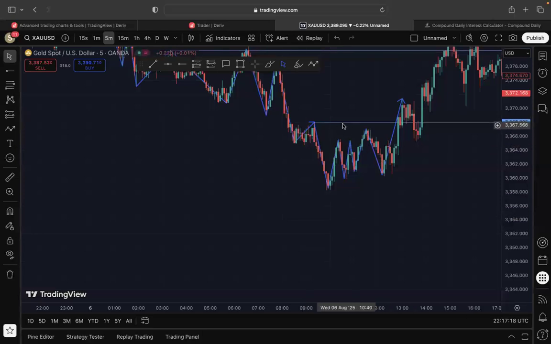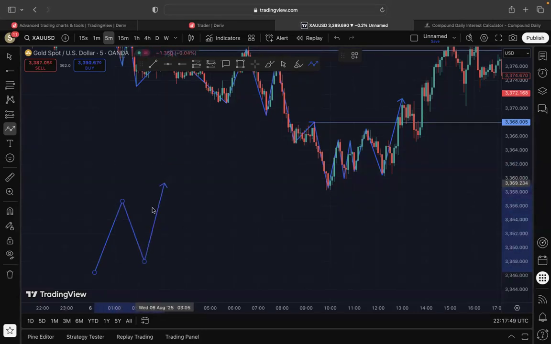So that there is our change of character, right? That's our change of character. So let's talk about what validates higher highs and higher lows. Now look at this. Let me just quickly answer that question. Now this is a low. Let's assume an uptrend, right? Let's assume an uptrend. We have what? Higher high,